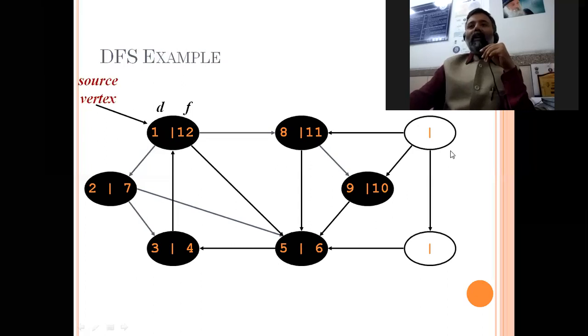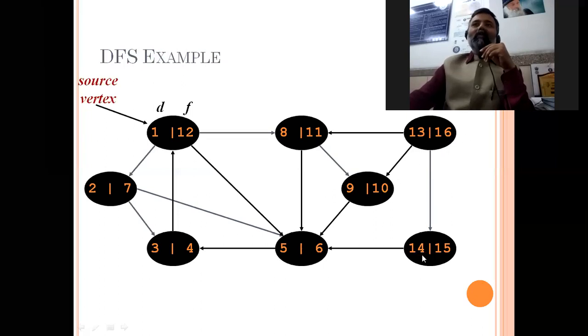Now we started from this node and recursively we traveled all these nodes, and we have these two nodes still having color white. So again, we will call DFS visit. You can call it for this one, or you can call it for this one. Suppose I call it for this one. So the discover time becomes 13 and the color becomes gray. From this node, this is the adjacent node. So the discover time is 14 and the color becomes gray. Now it is a dead end. So the finish time becomes 15 and the color becomes black. Again, backtrack here. So the finish time is 16 and the color becomes black.